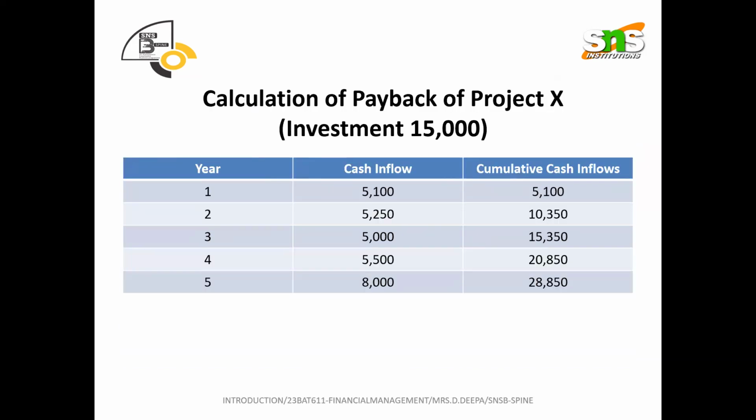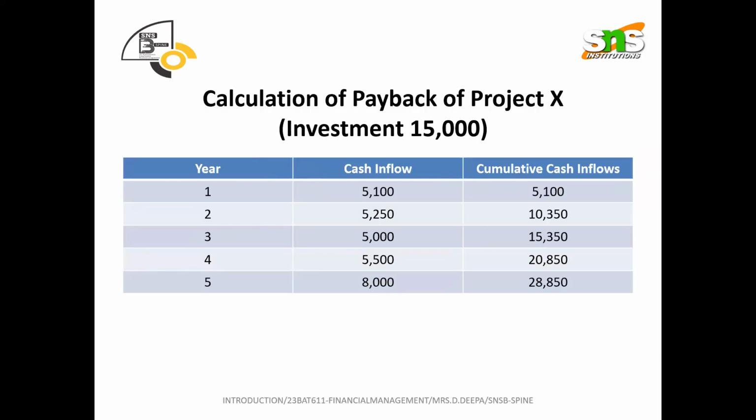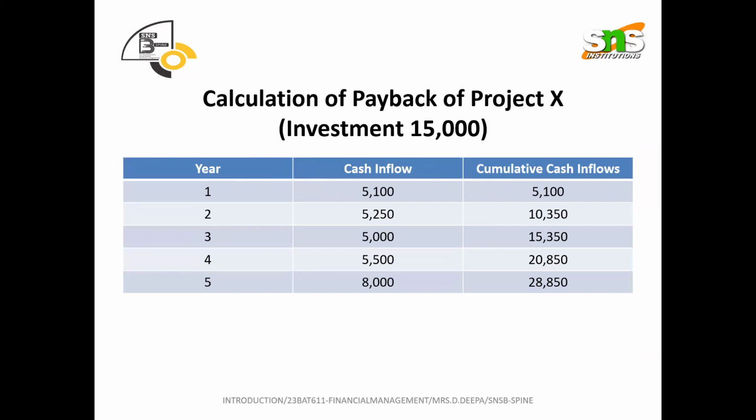And next, how to calculate the payback period. So far we have found only the cash inflow. Next is how to calculate this payback period. So here are the cash inflows for 5 years, which we just calculated as 5,100, 5,250, 5,000, 5,500 and then 8,000. Okay, so the next column is